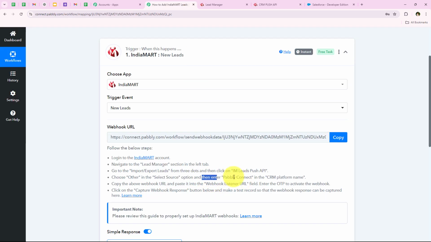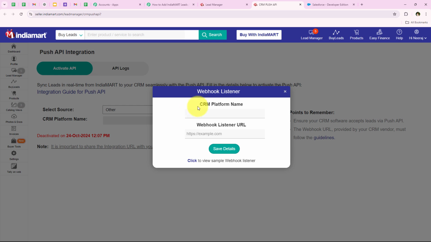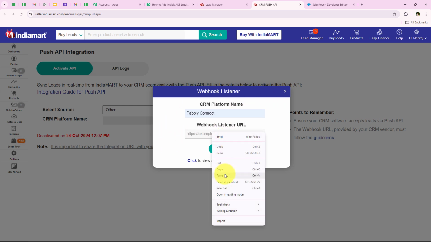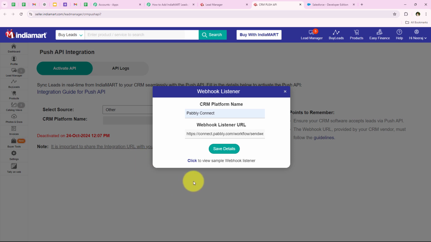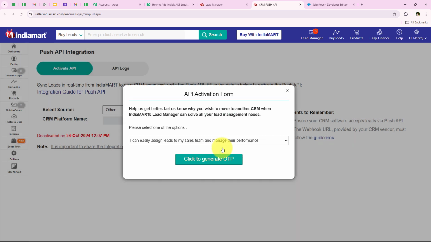So here you can see that it is saying enter Pabbly Connect in the CRM platform name, then copy the above webhook URL and paste it to the webhook listener URL. So what we have to do is keep the CRM platform name as Pabbly Connect, and then for the webhook listener URL, we're going to paste the URL which we copied from our workflow. And after doing both of this, we're going to click on save details,